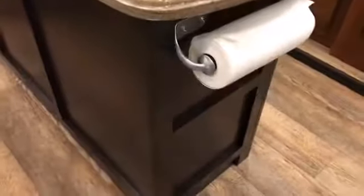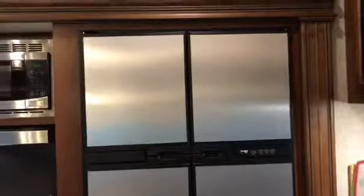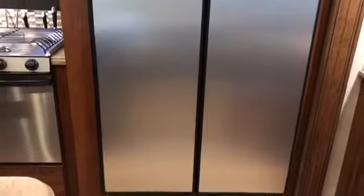And then the refrigerator, let me back up and let you look at that. Oh, we even installed a little paper towel holder here, which works really well. The fridge is pretty close to a full-size fridge. I mean, it's not as deep, and it even has a drawer under it where I keep my Ziploc bags, aluminum foil, things like that. But I'll open it up. Now keep in mind, we're being real here. It's not that tidy in here, but